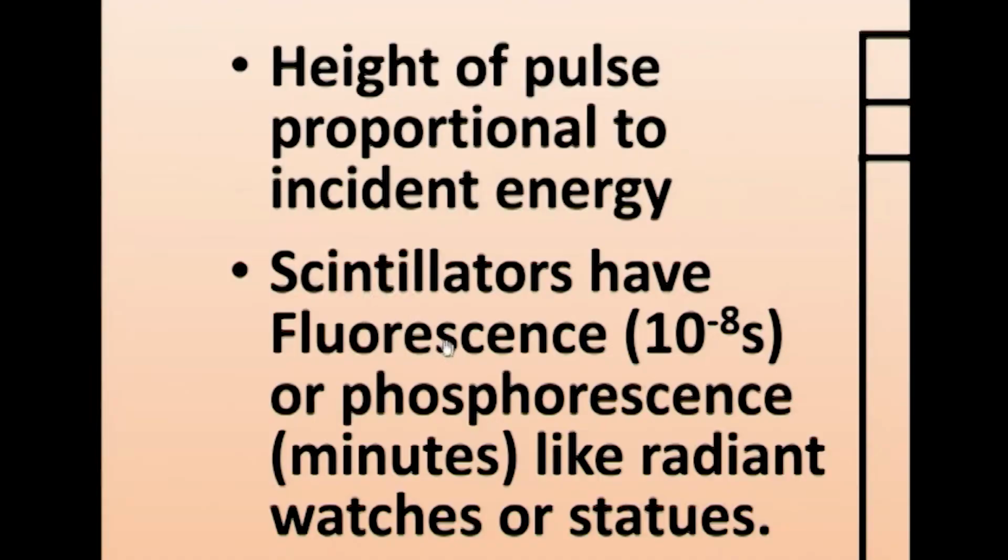Suppose you take that radiant watch, put it near a 100 watts bulb for some time, and then take it inside a dark room. Then you will find the brightness, and the brightness will go on decreasing. Maybe it will take some 2 or 3 minutes. So that is called delayed phosphorescence. Delayed fluorescence is called phosphorescence. Fluorescence is occurring instantaneously. Here this will take some time, like radiant watches, and also we have some statues. It will be light green color statues. They have got phosphorescent material. So the scintillators will have either fluorescence or phosphorescence.